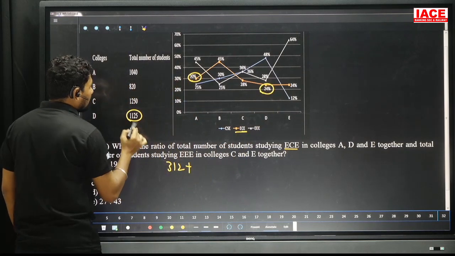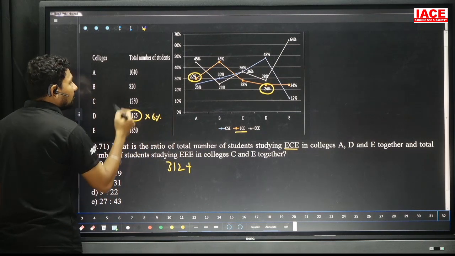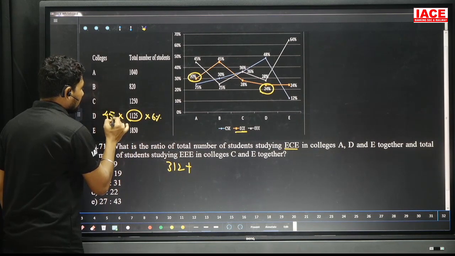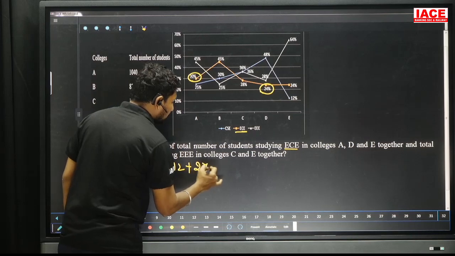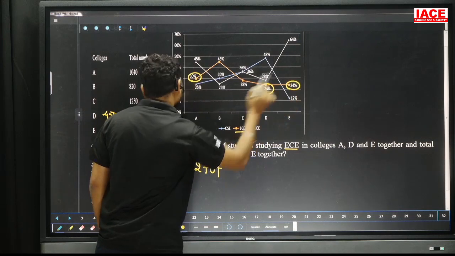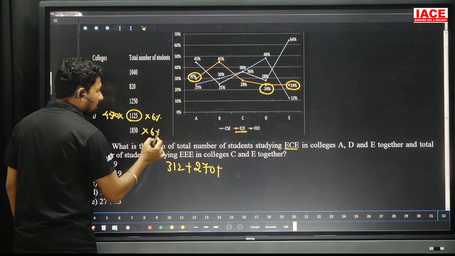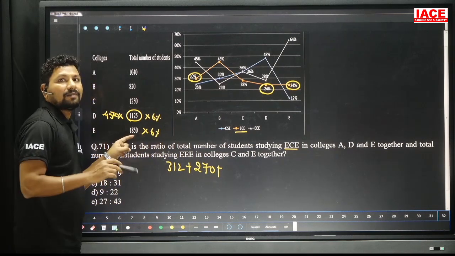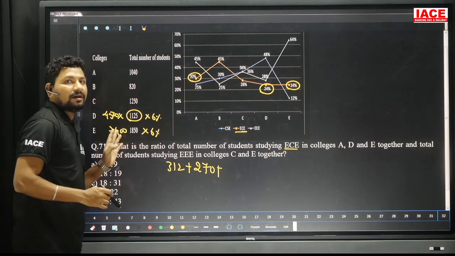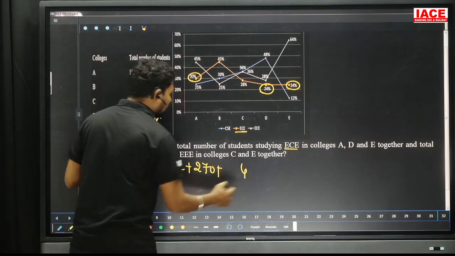24% of 1125. 24% of 1125, we can write 6% of 1125, make it 4 times. If you get 1125 double value is 2250, it is equal to 4500. It is 9 3s. Its value is 270. And next E value. E value, ECE value is how much percentage? Here it is also 24%. 24% you can make 6%, that means 4 will be multiplied. 1850 double value is 3700, 3700 value is 7400. Then here 7400 is multiplied by 6. 6 fours are 24. 4 and carry forward 2.